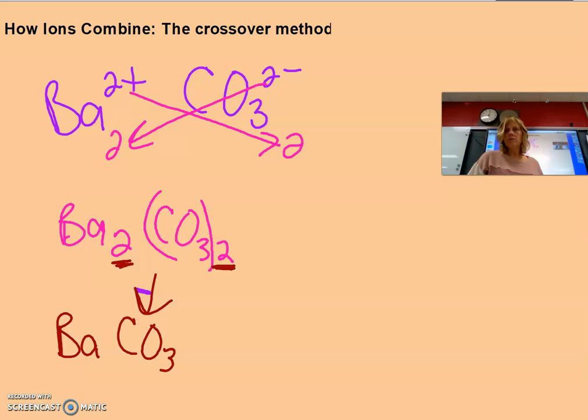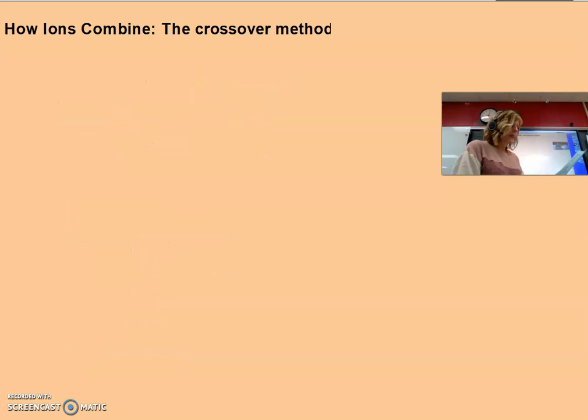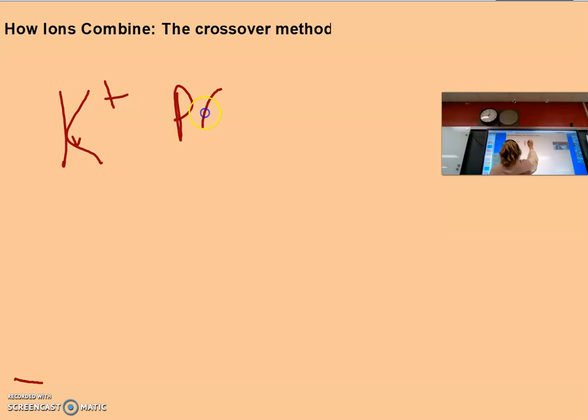Let me just do a couple more examples just so that we cover all of our possibilities here. Let's say that I have potassium, which is a +1, combined with a phosphate, PO4 -3. So make sure when you look at that sheet that you recognize